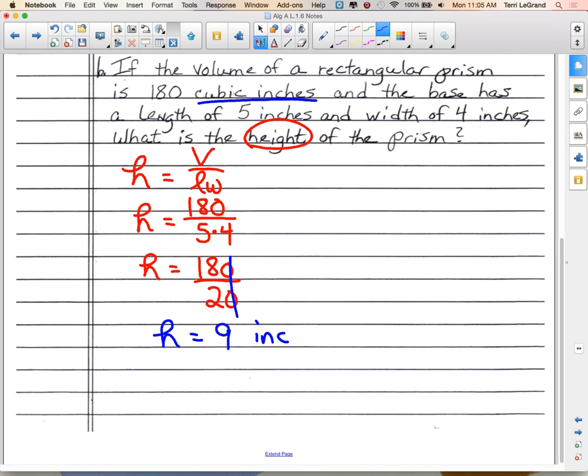These lengths, heights, widths, they're always measured in one dimension. Inches are one-dimensional. So this would be inches, not inches squared. When we took 5 times 4 here and got 20, that's actually inches squared. And the 180 is inches cubed. So when I take that and divide it out, there's only inches actually left. Okay? So anybody have any questions about anything on the back side of